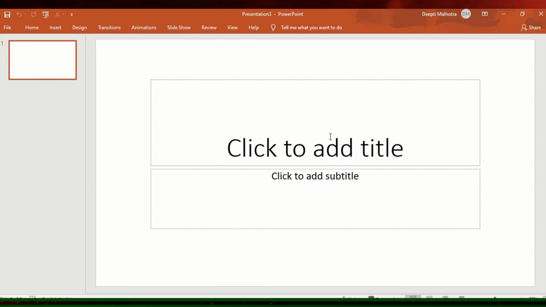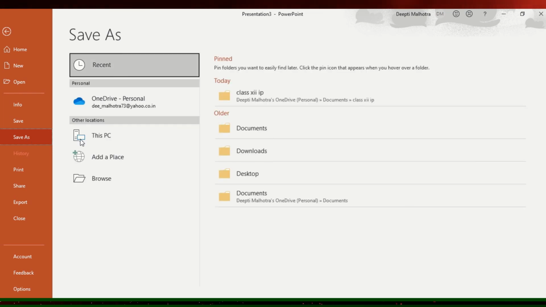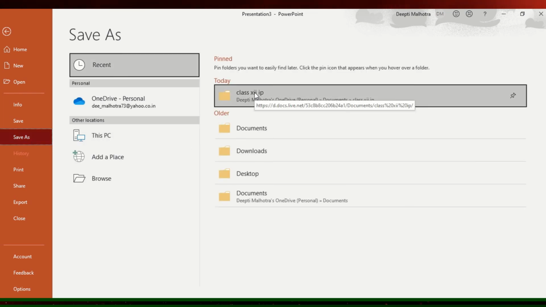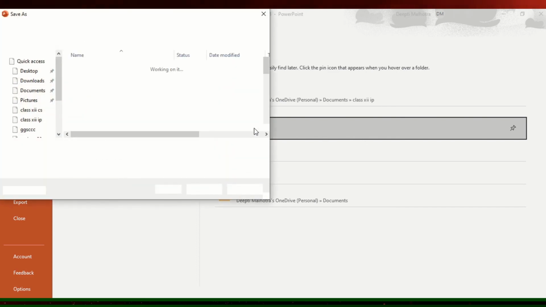Now once you have got the slide of the recording, you can click on it and play it and see whether you are satisfied with that recording. Okay, and after this is done, you will have to go to File, Save As. You will have to choose the place where you want to save your content. Okay, I go to my documents. You have to choose the destination where you want to save your file.